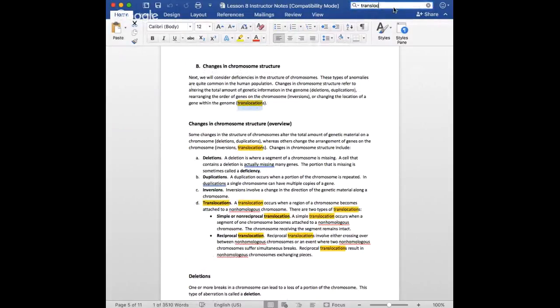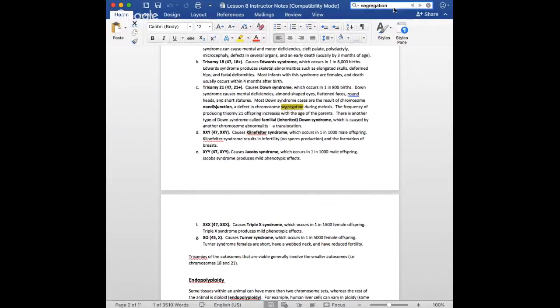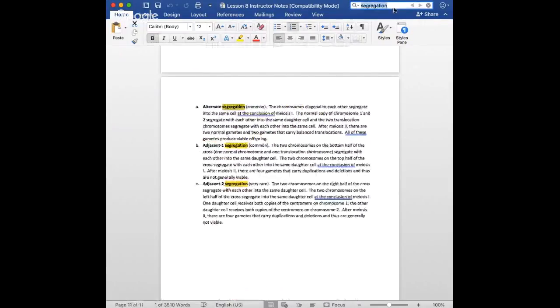Yeah, the alternate segregation: after meiosis 2, there are 2 normal gametes produced, and all of these can produce viable offspring. All right, and then for question 3,